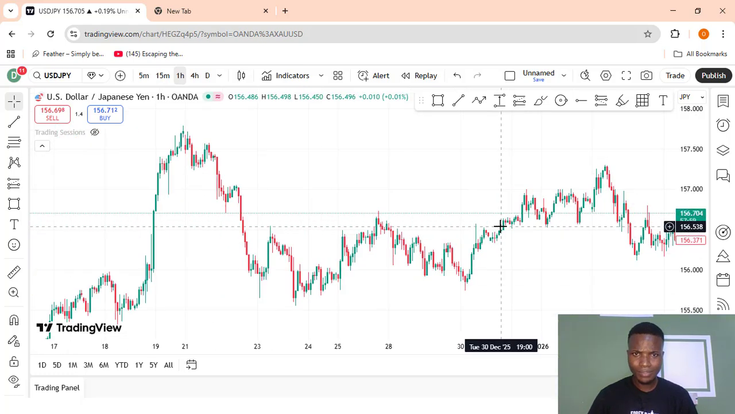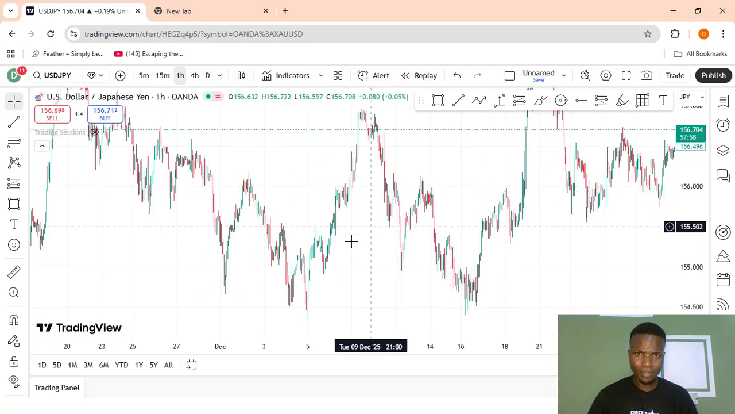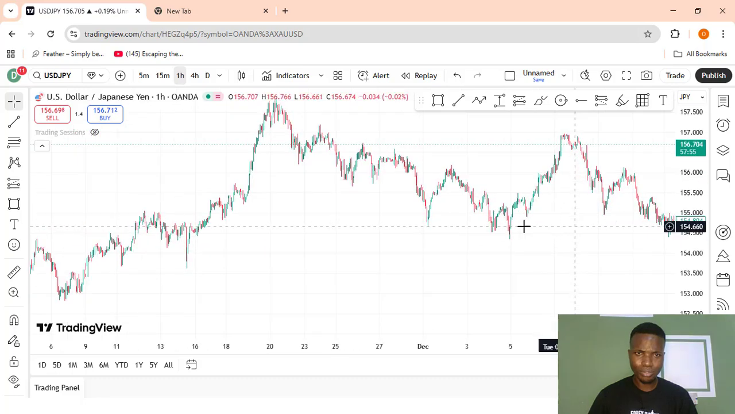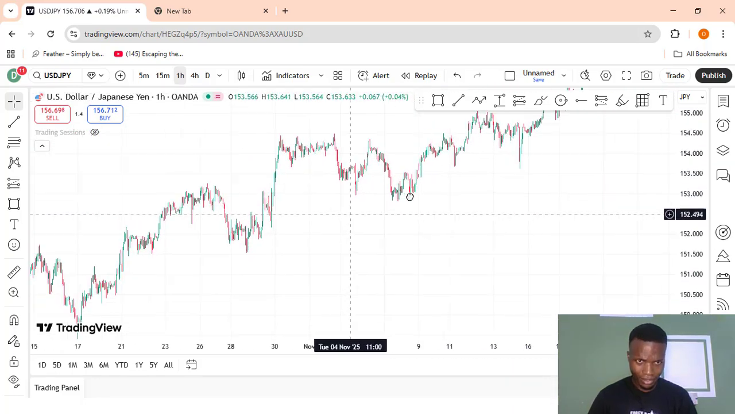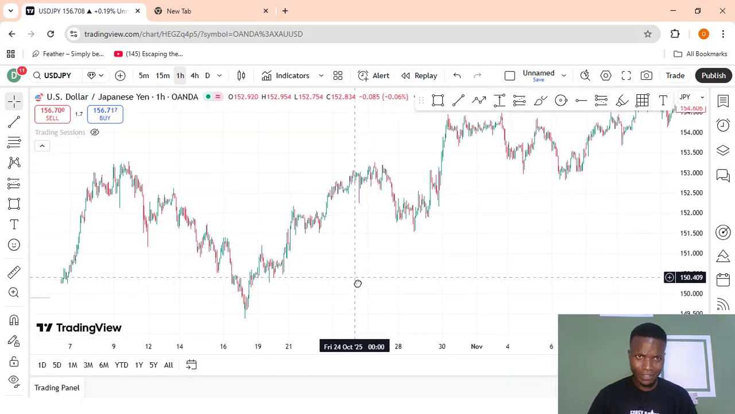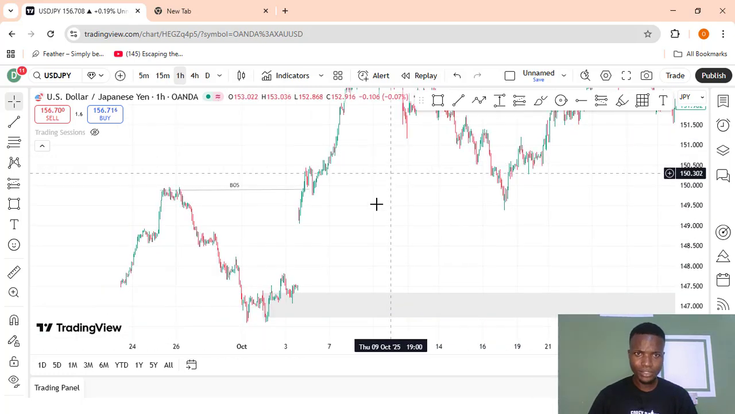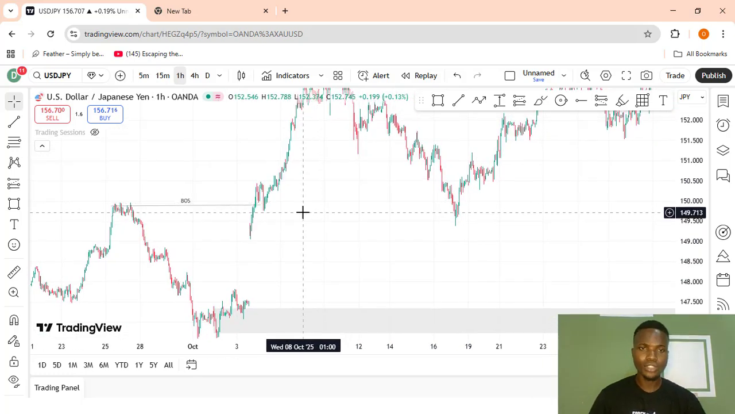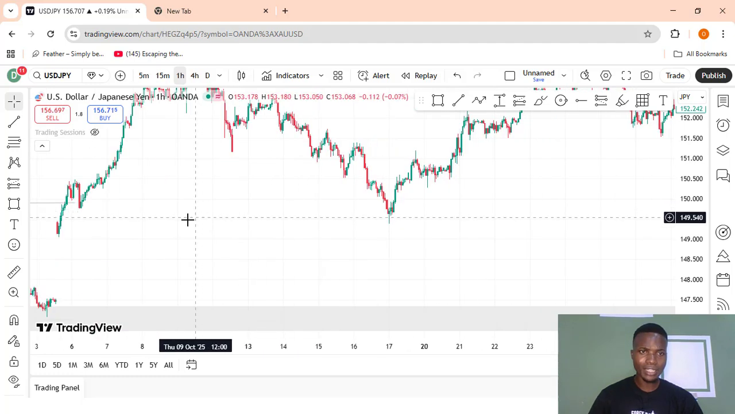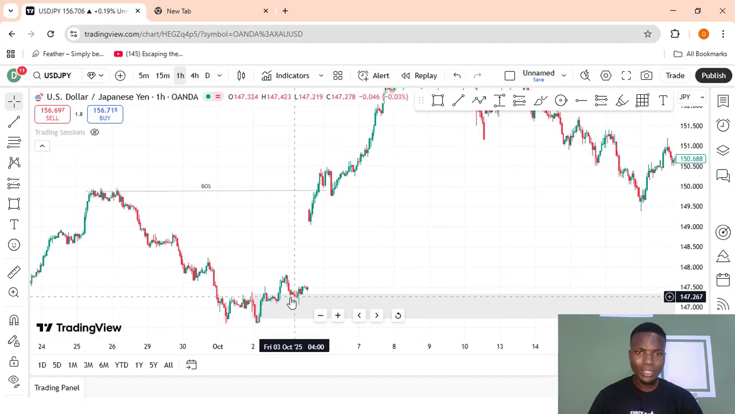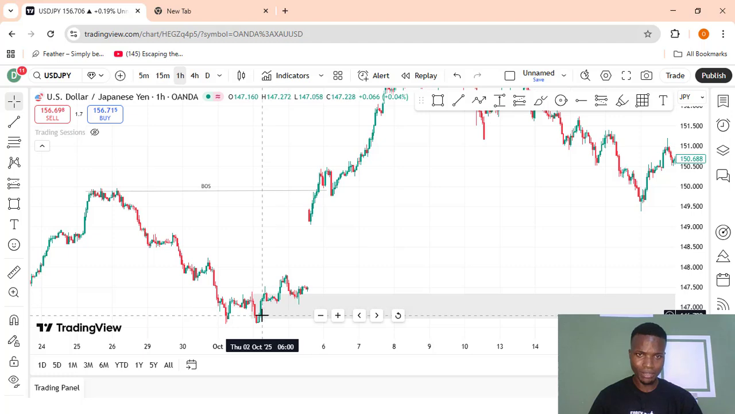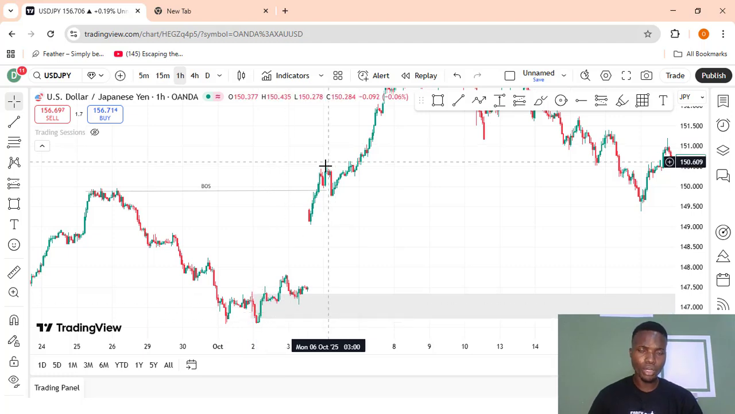Hold on, let me look out for that candle again. Where is this candle? Okay, so this is it. You can see right here that when we have a demand area around there, price pushed upward,